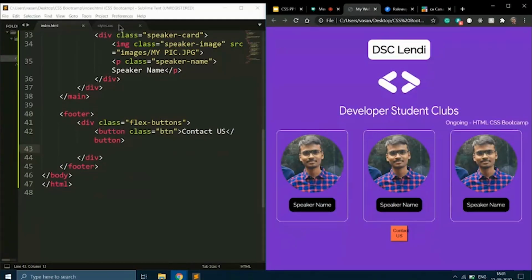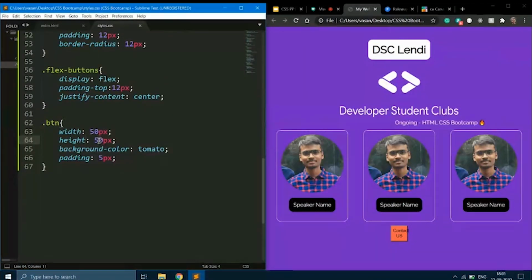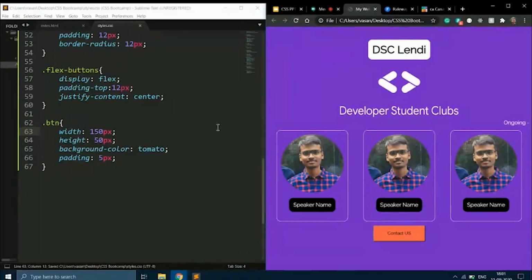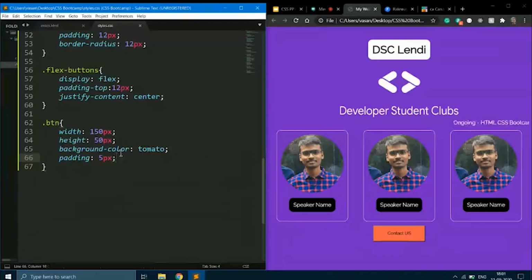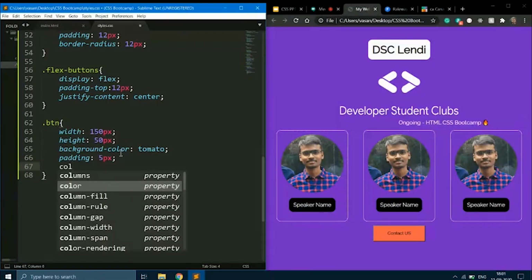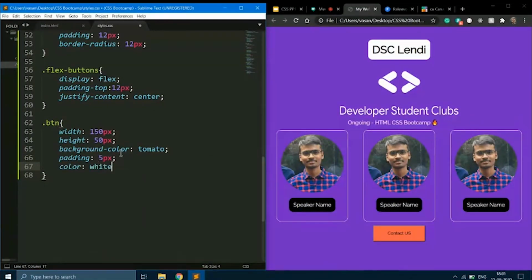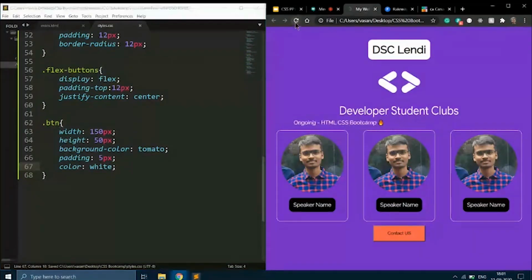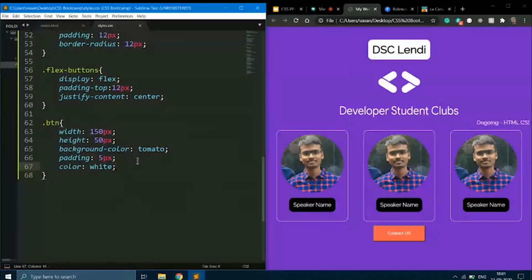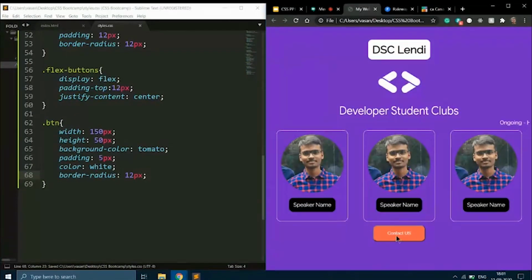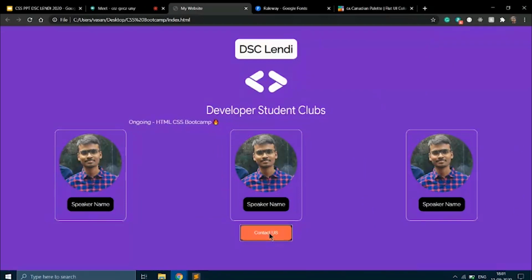So for the class btn, width should be more. Let's see, the font color should change to white. The same way, I want to change the border radius. So this is how you create a button in CSS, and you can style it.